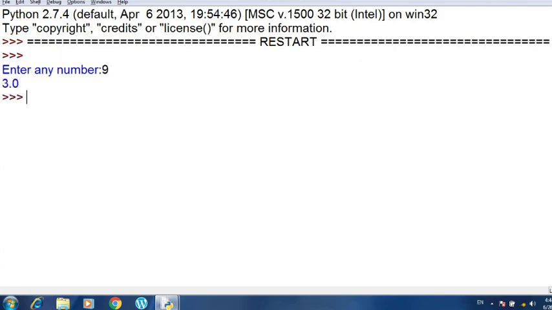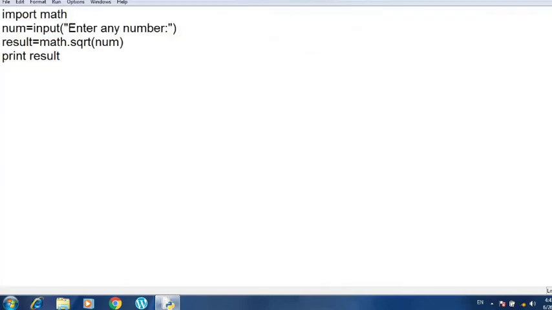Now you can do it for finding out the power also. Suppose I want to find out the power as well. So let me take another variable, result1 is equal to math.pow. For finding out the power, you can see Python is giving you a suggestion also, you have to define the base and the power. So suppose I've written 5, 3, so I want to find 5 cube, and I am writing print result1. Okay, so I am going to execute this file.